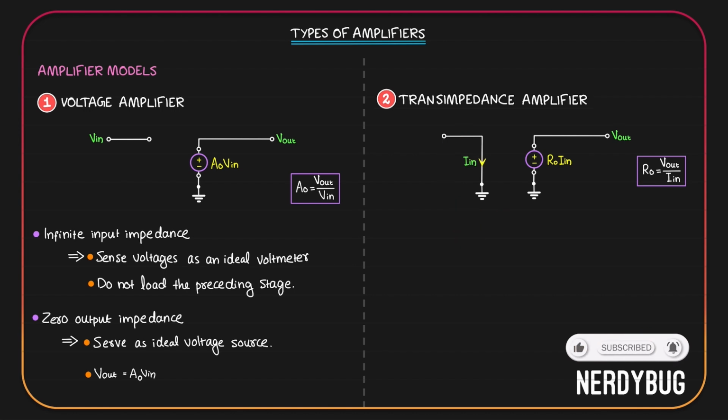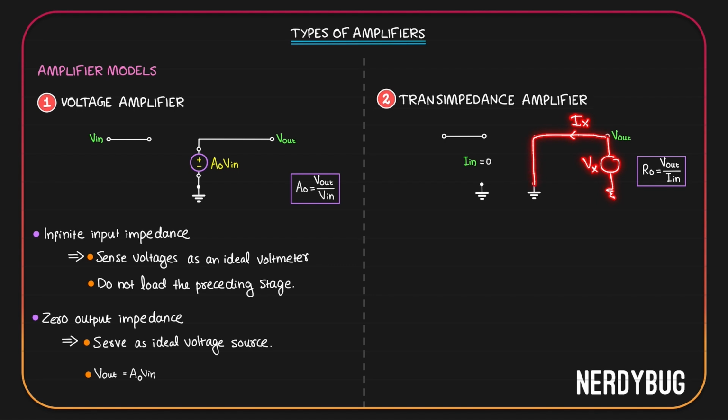How about output impedance? The output stage of this amplifier is basically the same as this one. To get output impedance, first you will have to shut down the input. That is, make Iin equal to 0. Since Iin is 0, RO Iin will become 0. Now, if I apply a potential Vx over here and try to find its relation with the current Ix, clearly Ix will be infinite because this point is directly connected to the ground. There is no resistance across Vx. So Vx by Ix will be 0. We do have 0 output impedance.